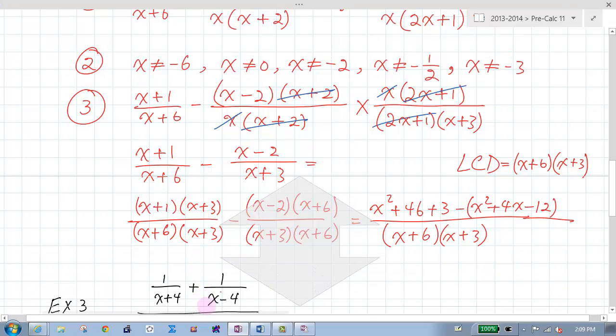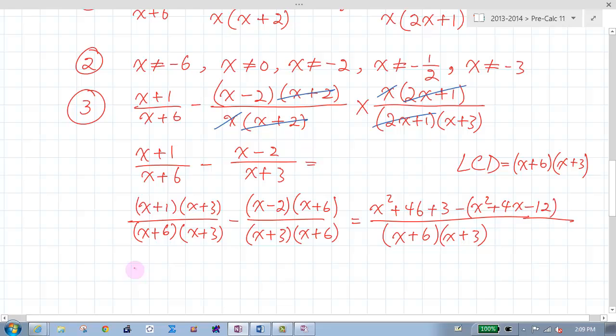I'm going to apply that negative here and simplify everything. So I have x squared plus 4x, not 46. 4x plus 3 minus x squared minus 4x plus 12